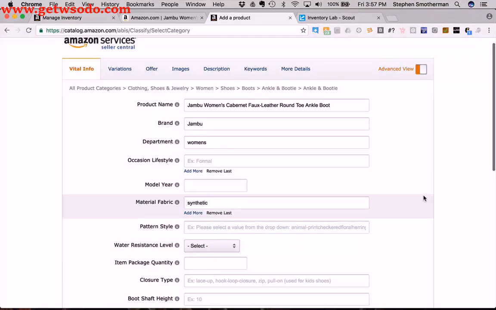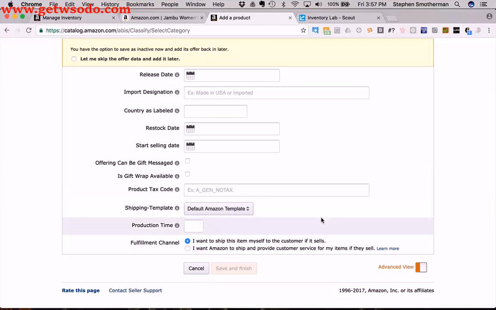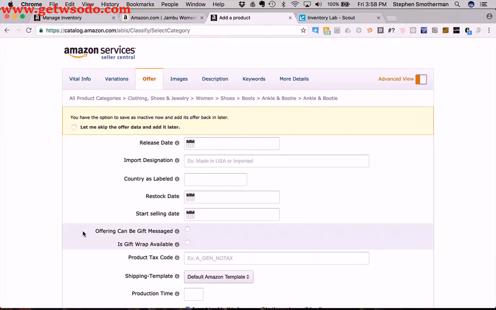So the next thing we're going to want to do after that is we're going to go to the offer, and we've got it in advanced view to show the fulfillment channel. Usually we sell everything FBA. I want Amazon to ship and provide customer service for my items if they sell. That's how we sell everything, but in order to do this process, make sure the radio button is clicked for I want to ship this item myself to the customer if it sells, because we're not actually going to be selling that size 8, and we're just wanting to create the ASIN at this point. So make sure that's clicked, and then we're going to go to,